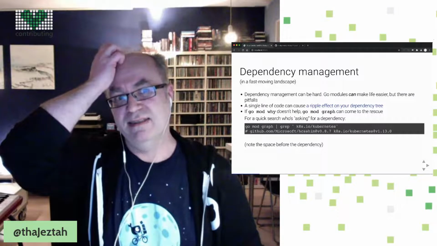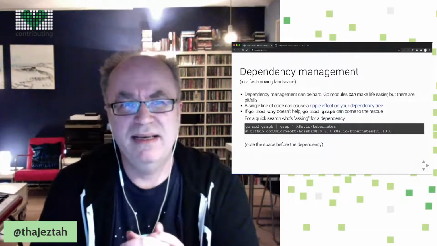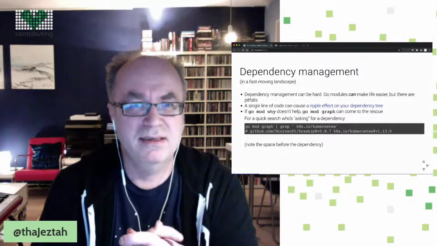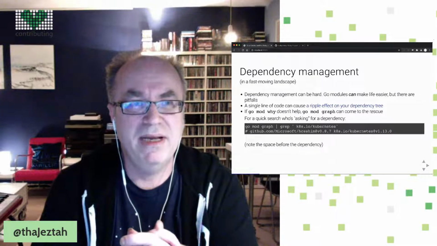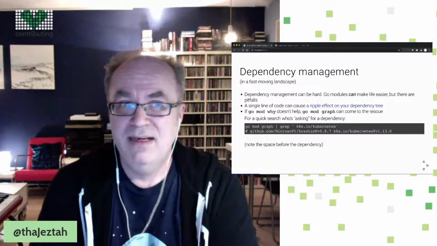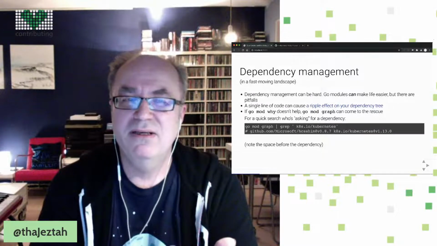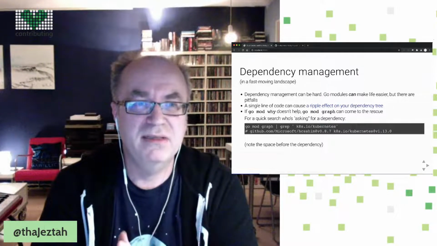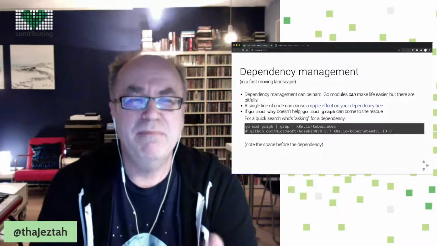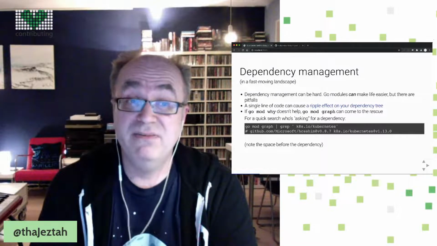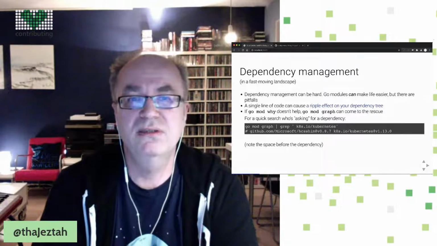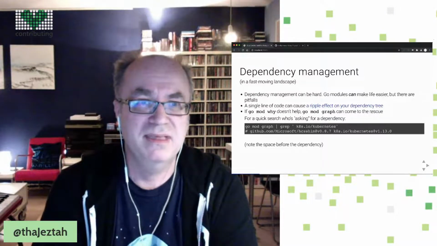Complexity in our project. Dependency management is still quite complex in our case, and I think in many bigger projects. We now have Go modules, which is a big improvement, although the Moby project still hasn't migrated to that. We have some hurdles to take there. It can make your life easier, but there are still some pitfalls to be aware of when you're using Go modules, but also dependency management in general.